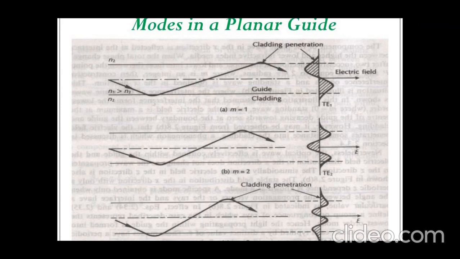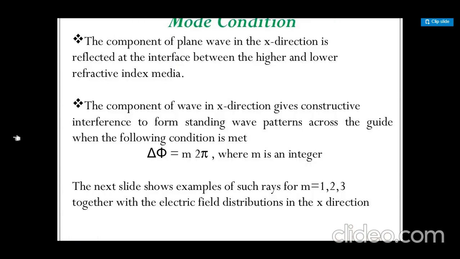So basically, as you can see here, students, we have the m value, right? Different m values: m equals 1, m equals 2, m equals 3. Based upon different values of m, your waveguide is going to have a different electric field. On what factor does it depend? It depends upon this m factor. So based upon the m value, the electric field distribution in the x direction can be obtained.